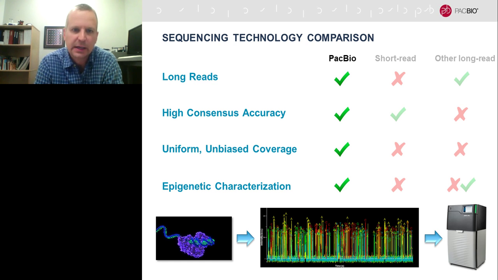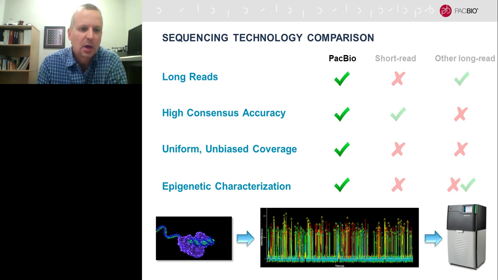So the short read technologies have very high throughput and also high consensus accuracy, but they don't have the long reads, and they don't have the epigenetic characterization capabilities, and there's bias with regard to GC-rich DNA and so forth. And similarly, other long read or linked read technologies have deficiencies with regard to consensus accuracy, bias, some of them in terms of methylation detection. And so, of course, underlying this is the principle of being able to follow the polymerase that's now done on